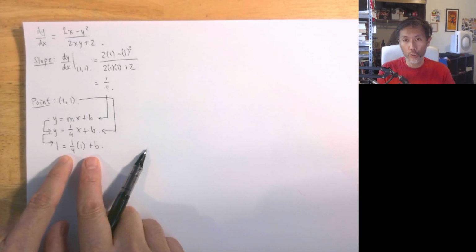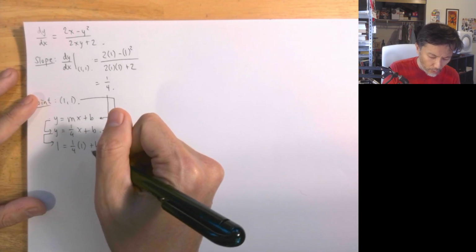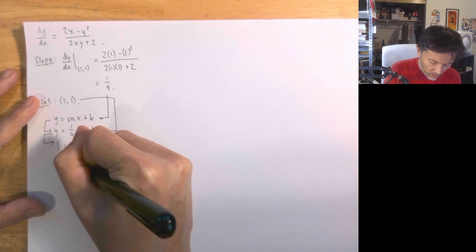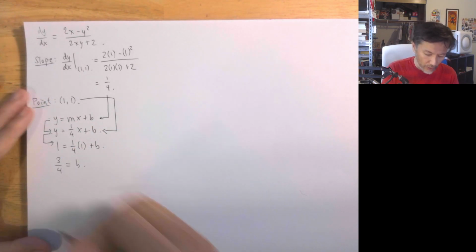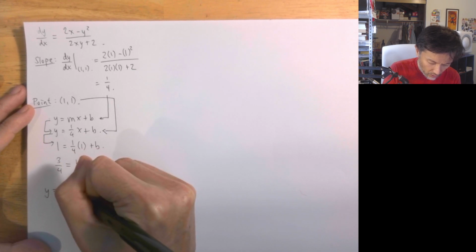But because this is true, I can now figure out what b is through arithmetic, because I subtract 1/4 from both sides, so I learn that b is equal to 3/4, which tells me that the line is given by the equation y equals 1/4